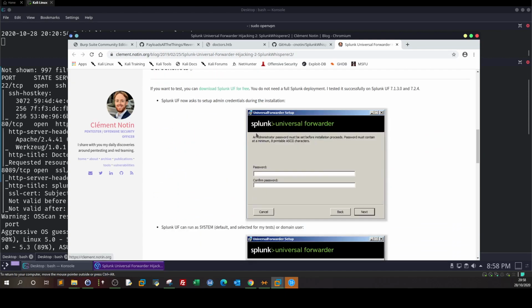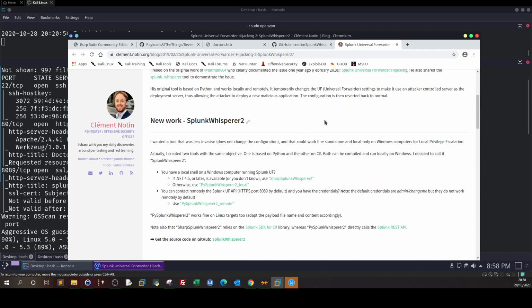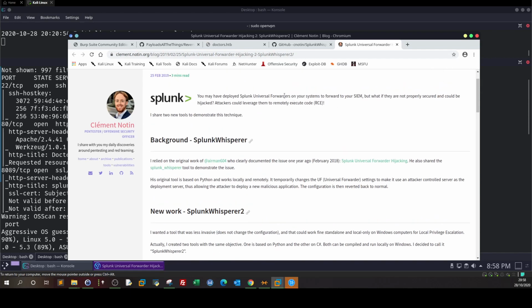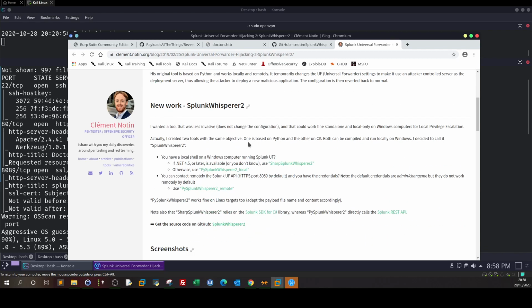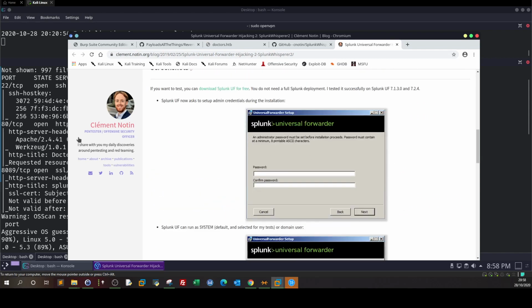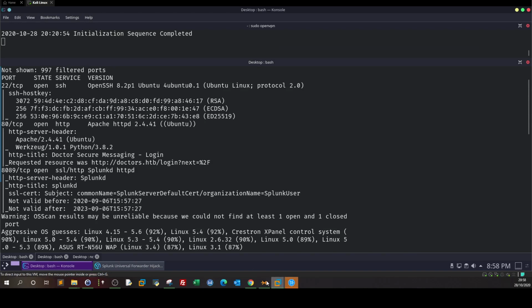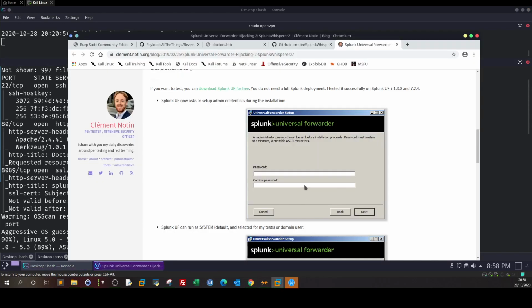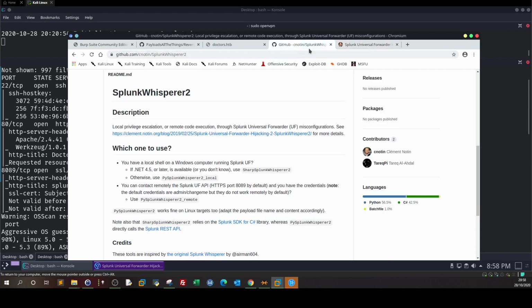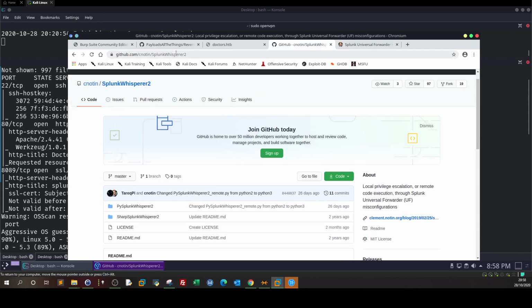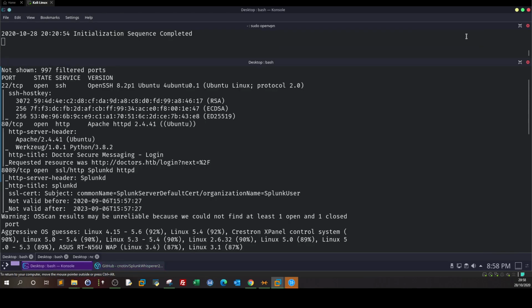So it seems like the box is running the Splunk Universal Forwarder to forward whatever it's forwarding to the Splunk SIEM, as it's explained here, right? So it is forwarding something. Here, deploy Splunk Universal Forwarders on your systems to forward to your SIEM. So this application is running on the box, I guess. So what we are going to exploit is this one, which is running on port 8089, by using the Splunk Whisperer. So we take this and